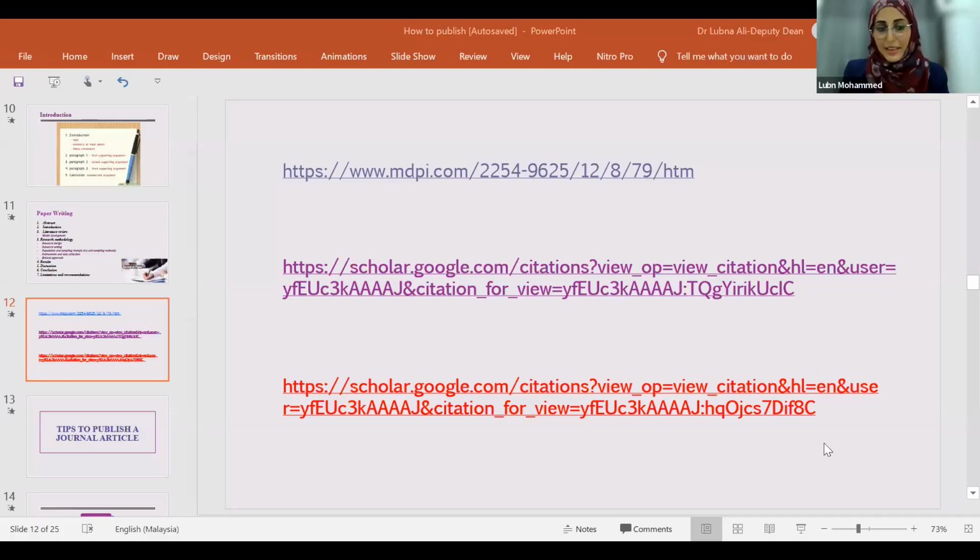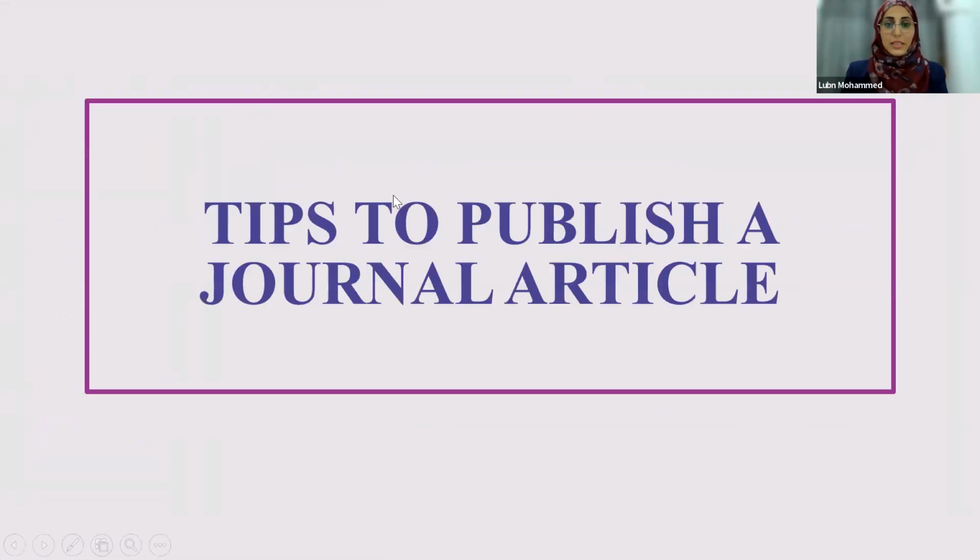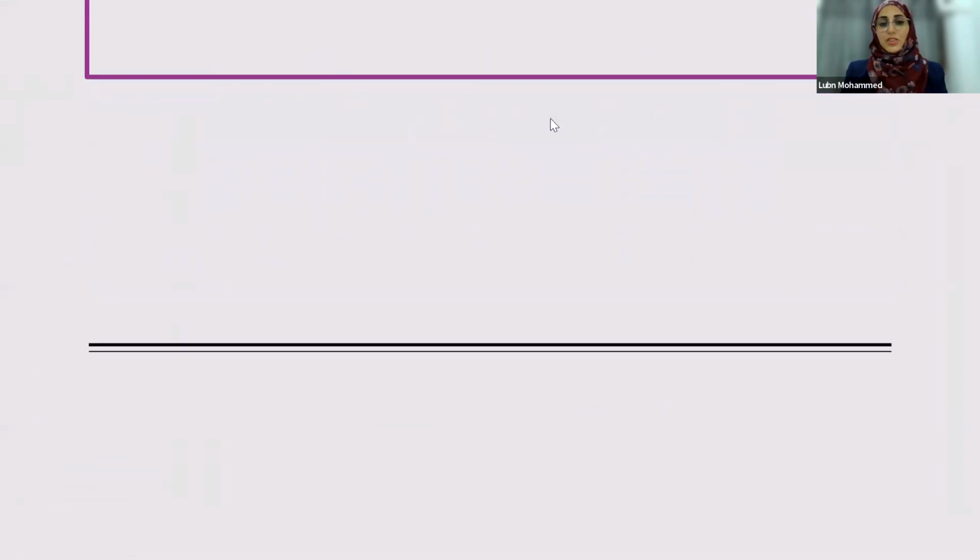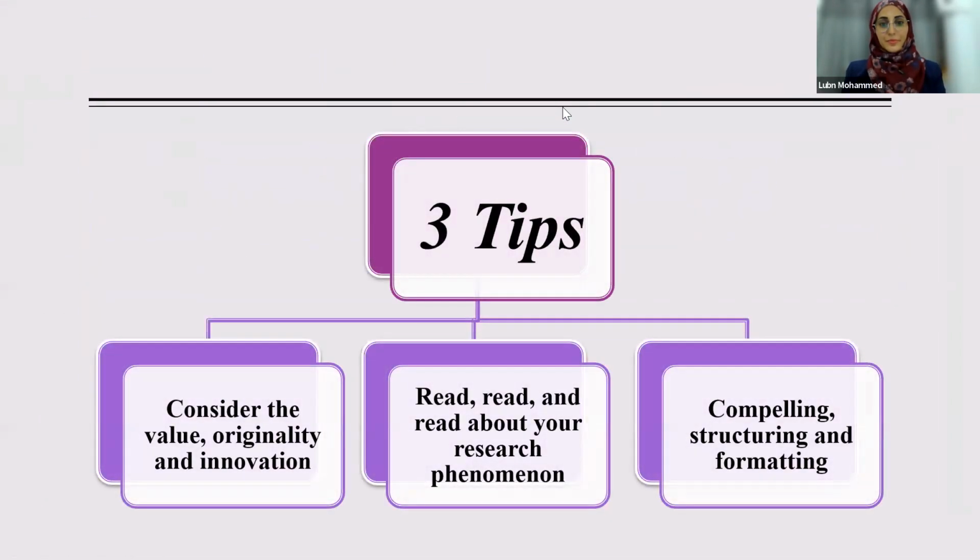So we are back here again to continue the third point in the agenda, tips to publish a journal article. We have 3 tips here. I tried to summarize it all in 3 tips for you. So number 1 is